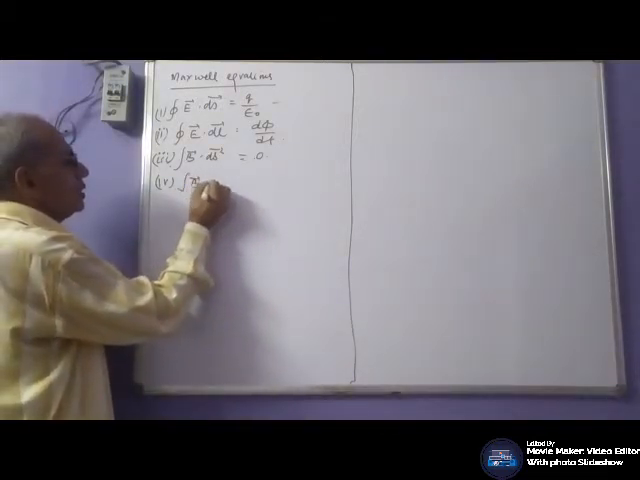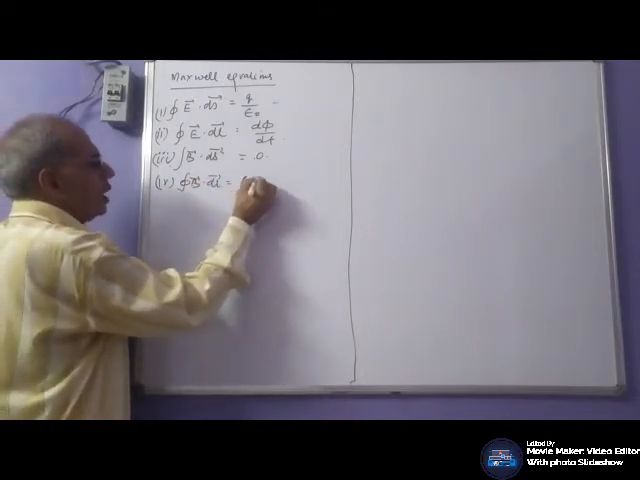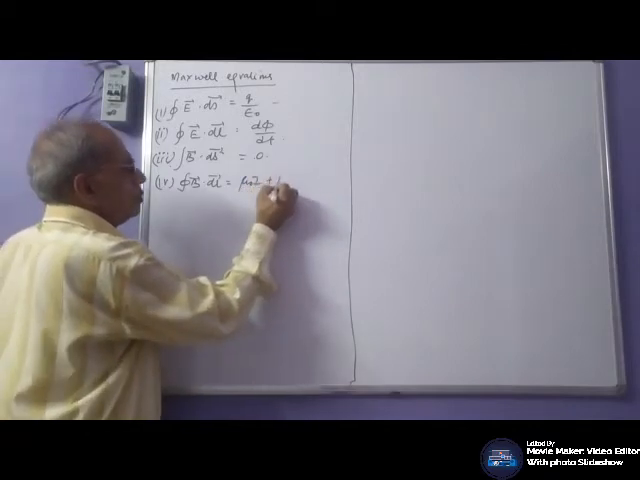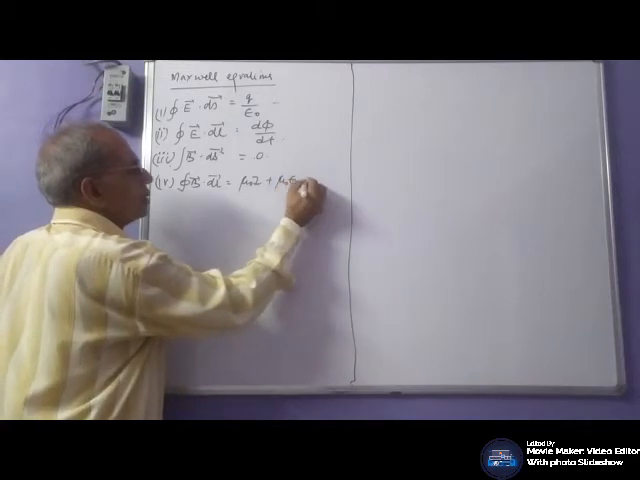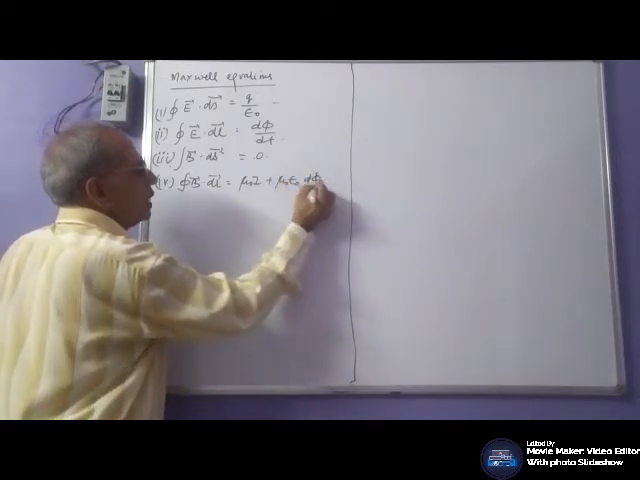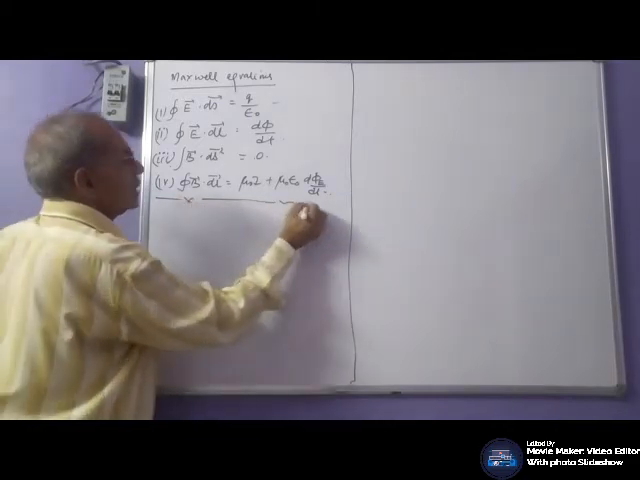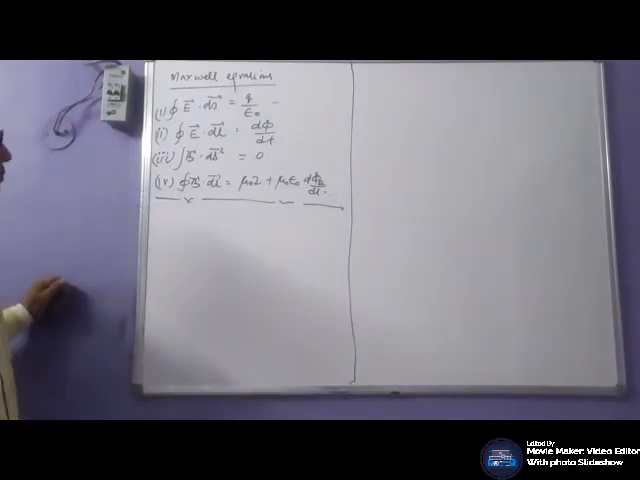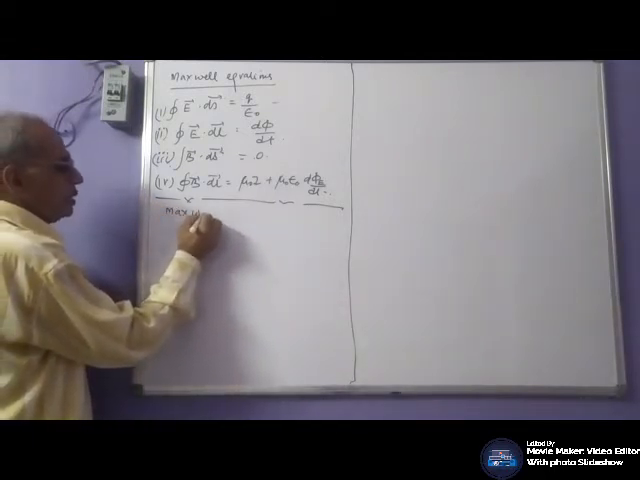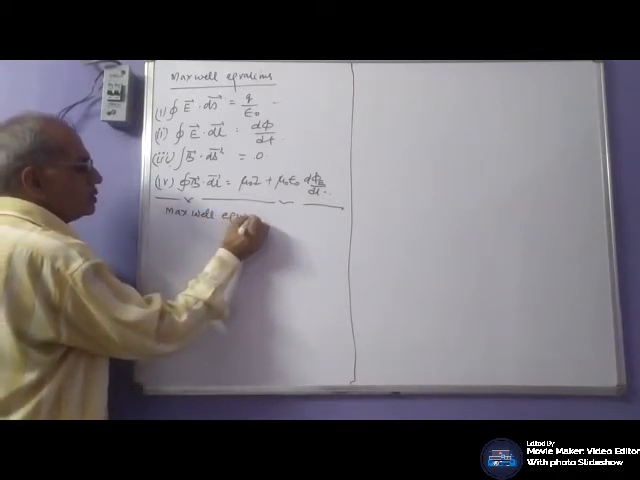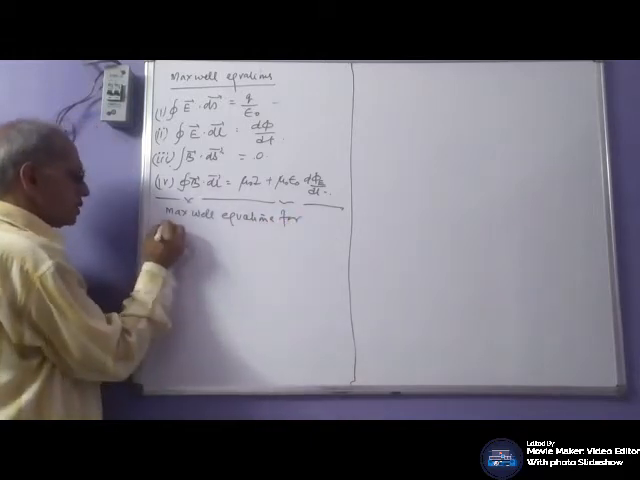Fourth: B dot dl equals mu naught I plus mu naught epsilon naught d phi e by dt. These are what? Maxwell equations. Maxwell equations for study